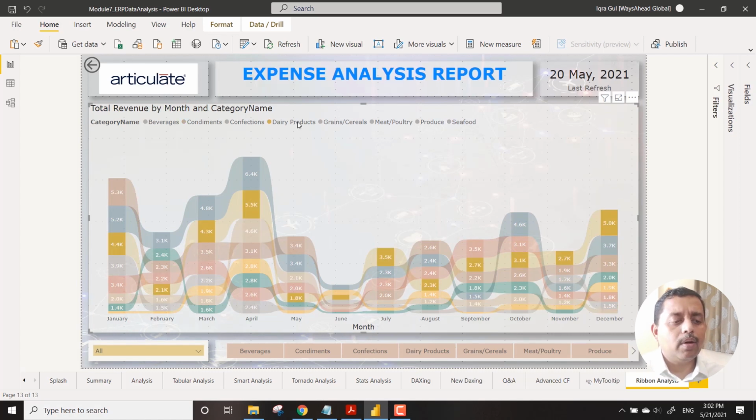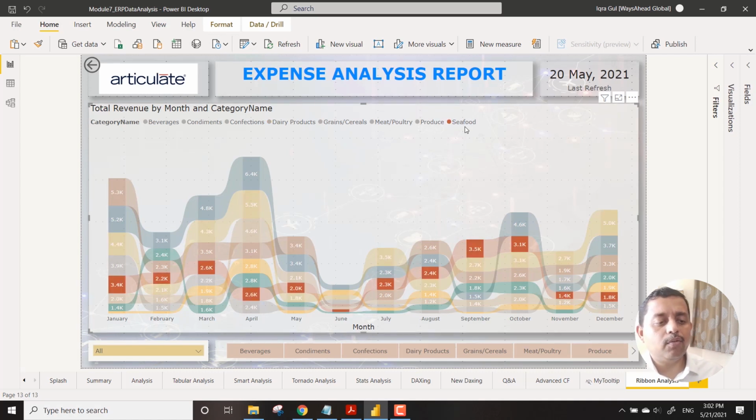We then go to dairy products and see that dairy product is very, very fluctuating. And you can see that in summers, people don't prefer to buy dairy products. One of the reasons is because it will melt very fast. That is the reason, maybe. So the liking is a bit low. And if you go towards the winter seasons, there is a good spike as well. So you can see that the data is actually speaking for itself. Right? We don't have to do anything apart from the understanding of the data.